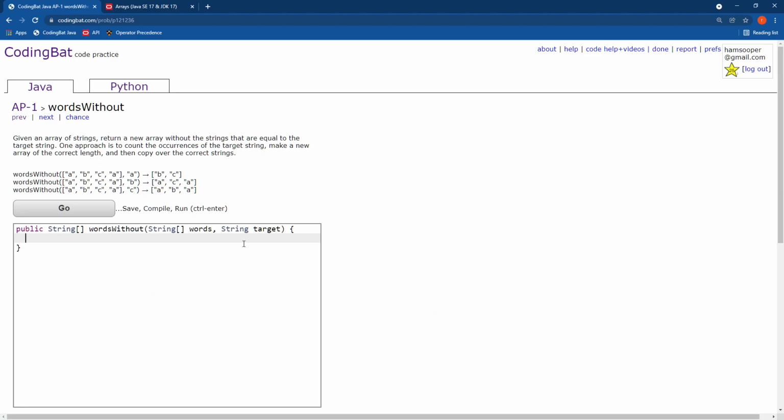All right, return a new array without the strings that are equal to the target string. Pause and try this one. All right, sometimes they just give you too many words in the instructions, so I got to omit them. Okay, so let's see. So return a new